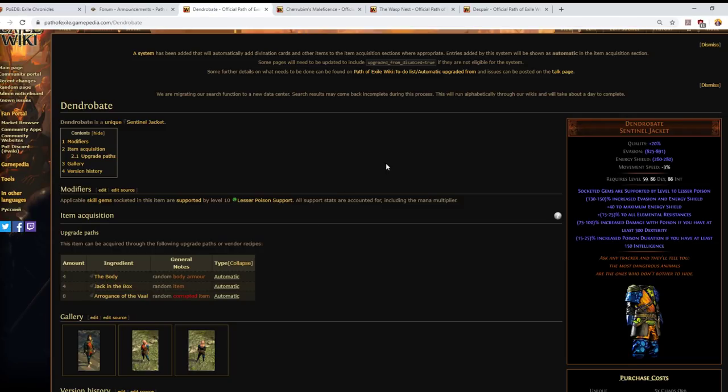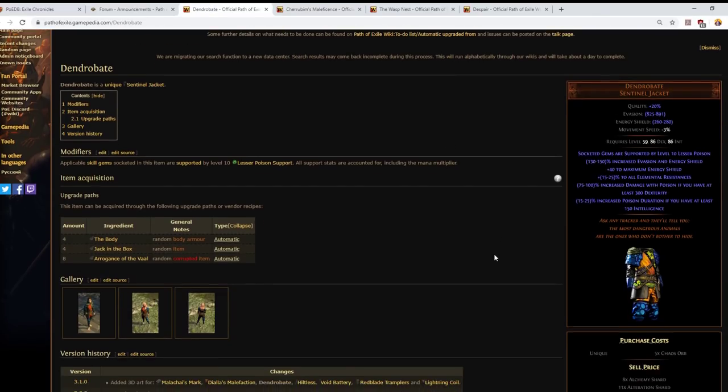Next option is Dendrobate. Dendrobate is the all-out offense option. You'll notice here that it provides no life. It provides a few elemental resistances and a little bit of energy shield, but the main thing that it does for you is cause socketed gems to be supported by level 10 lesser poison. This adds a little bit of chaos damage, but also increases the mana cost of your primary skill, which will probably be a good trade-off in the end, but it's not as good as it sounds because you're already at